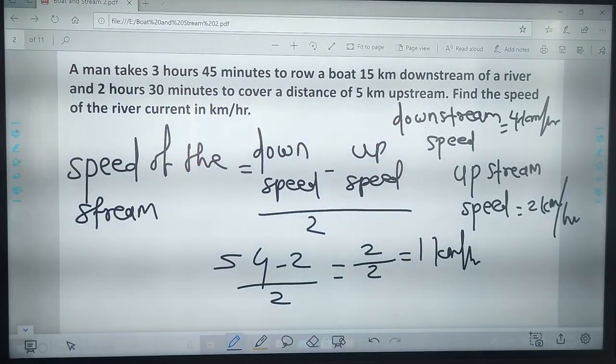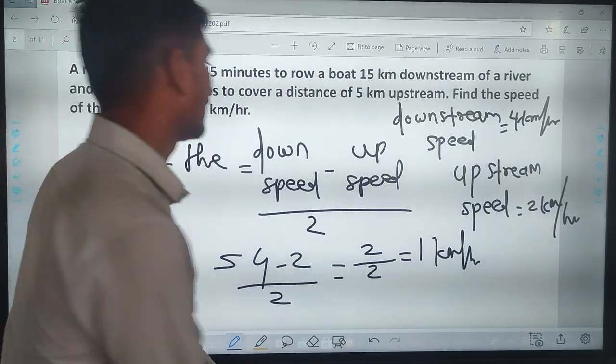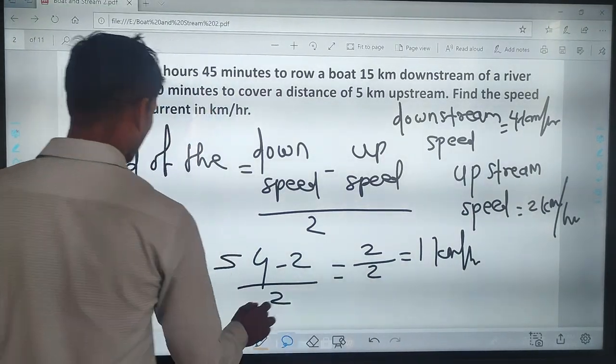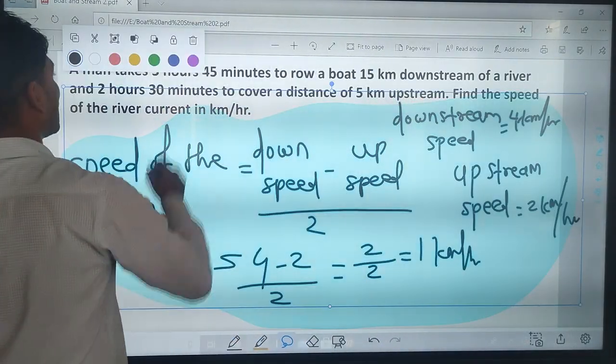Then the speed of current is 1 kilometer per hour. Now next,